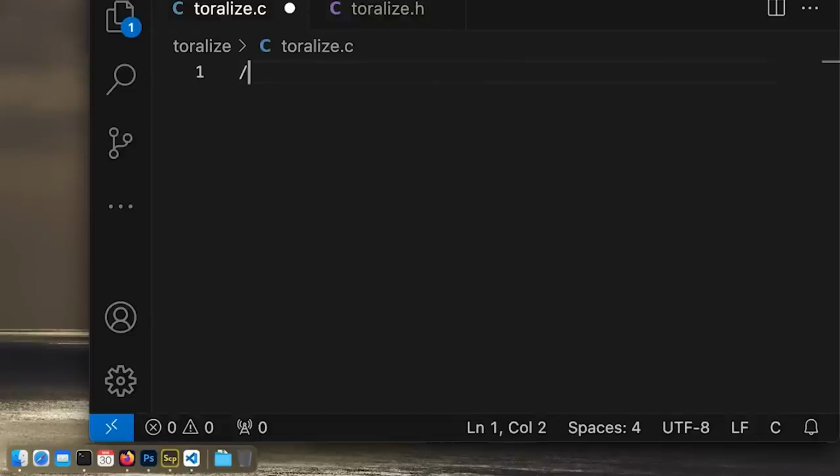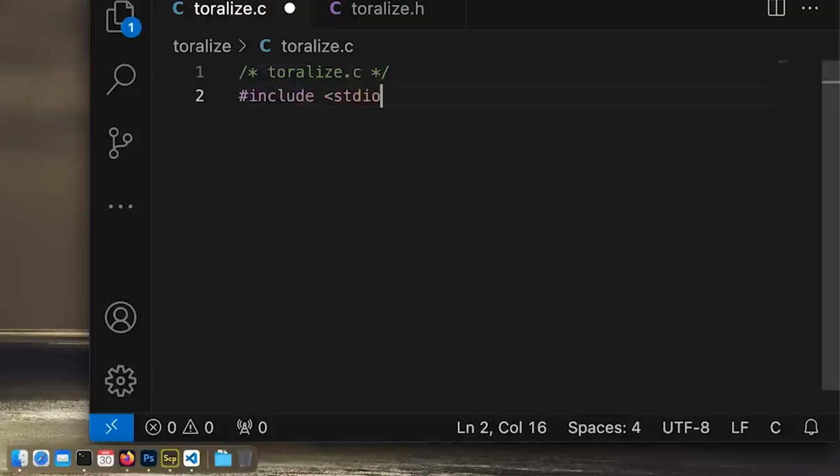And I will begin by putting a small header. So in Toralizer.c, I will include stdio,